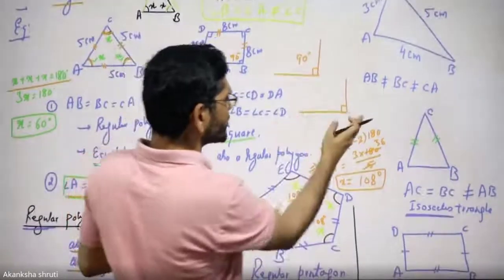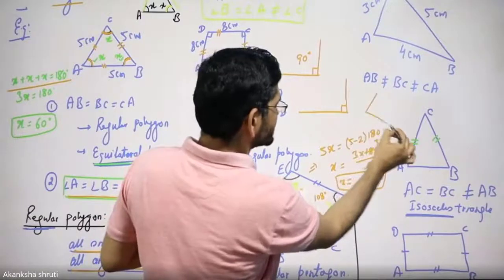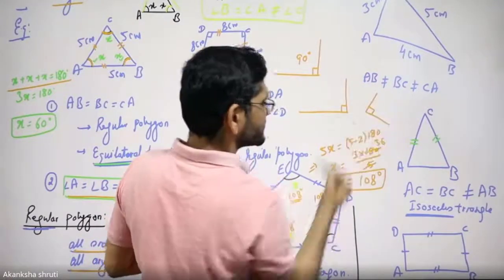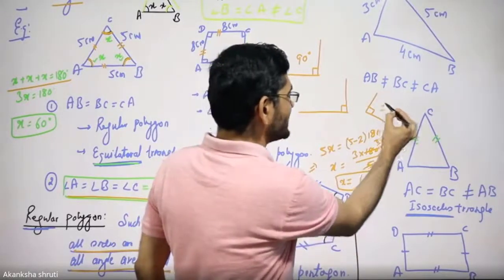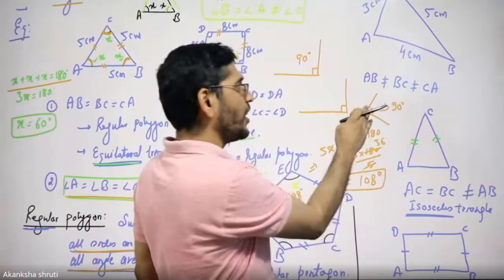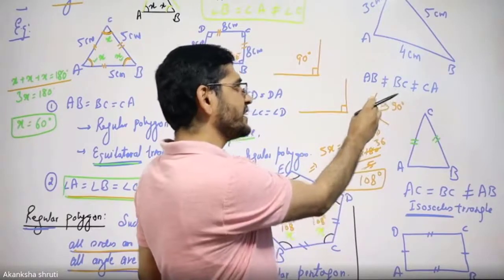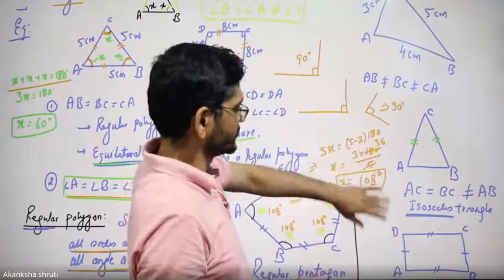It need not always be horizontal or vertical. It may be written like this. This way, this small symbol is placed here. It simply means this angle is 90 degrees. So this is the indication, giving the 90 degrees in symbol form, that you have to keep in mind. This thing we will use.